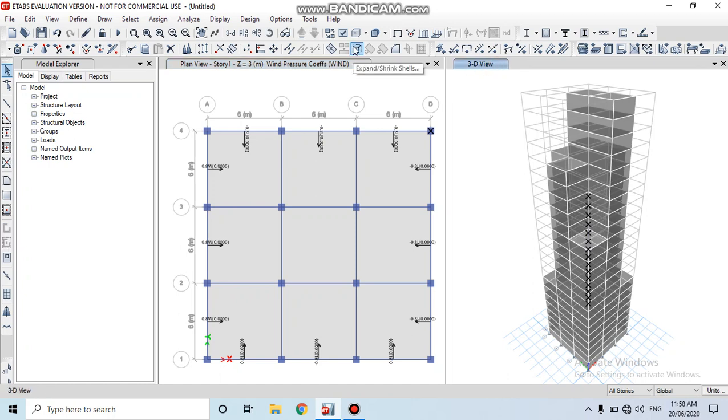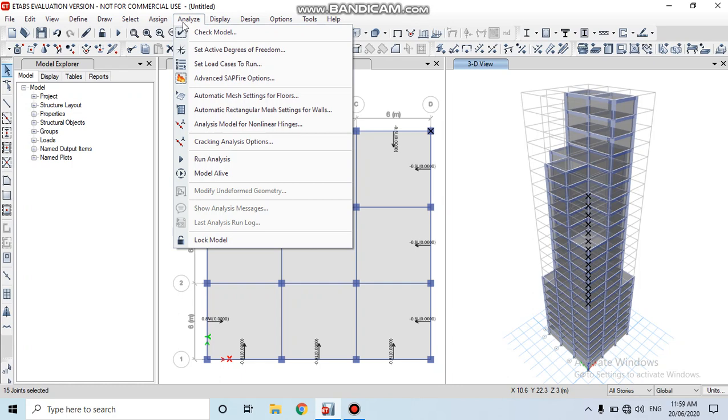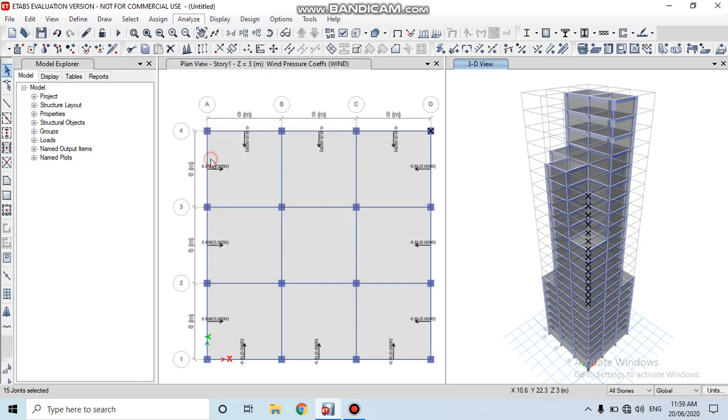In the 3D view tab, select the option extruded view. In extruded view, use extruded view for frame objects. Here, go to analyze. In the analyze menu, go to run analysis.